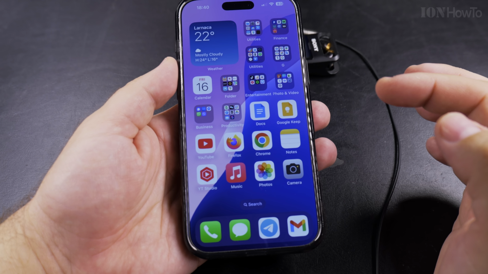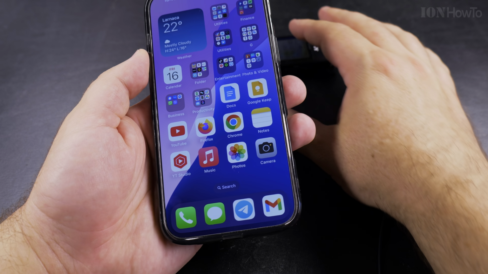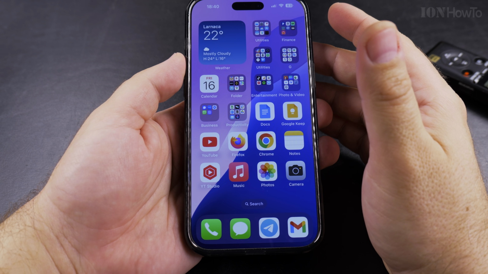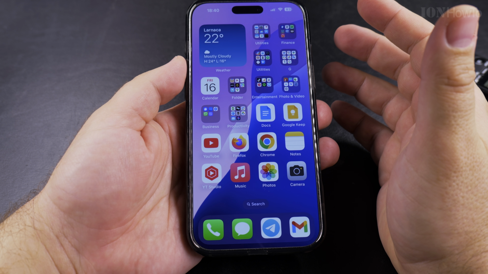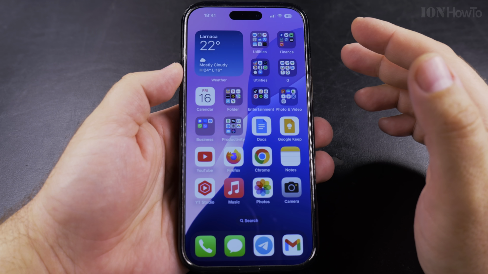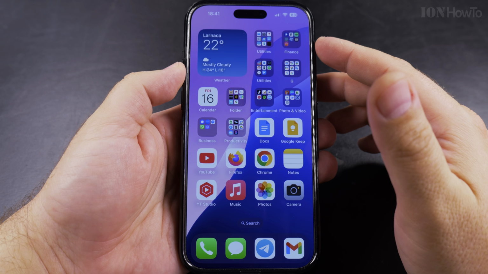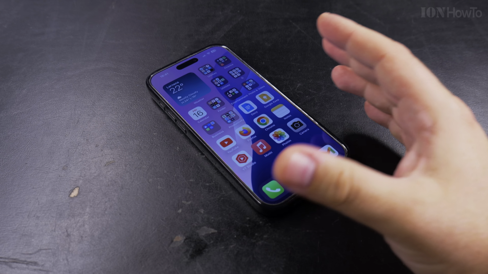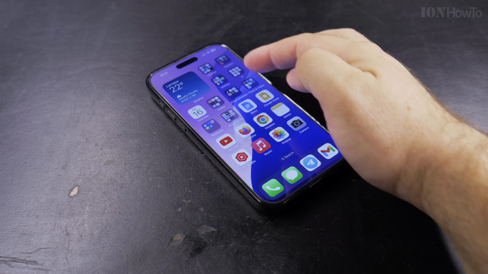That's it. This is how you use the Measure app to measure things without actually even touching them. You could measure things from far away without even touching them. This is how you measure things with your iPhone. It's really easy, and you can use the level also the same way. I hope this helps you measure things with your iPhone,